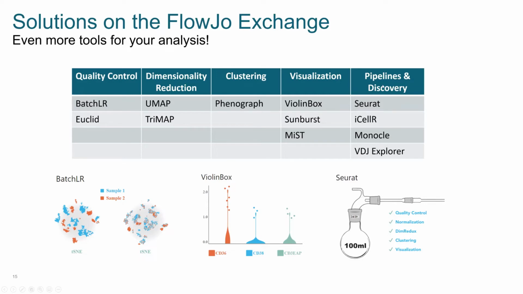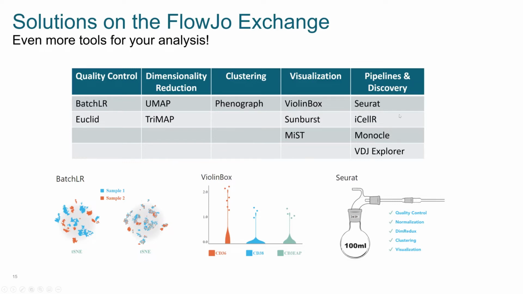And then we also have more discovery tools and full pipelines, right? So Seurat is going to be one of our full pipeline tools. And so here you can see that it really does a lot. So it's a multifaceted tool. You can do quality control if you don't want to do that within SeqGeek, normalize, dimensionality reduction, clustering, and it's going to give you some visualization tools as well. So kind of automate that process of making all these t-SNE overlays,